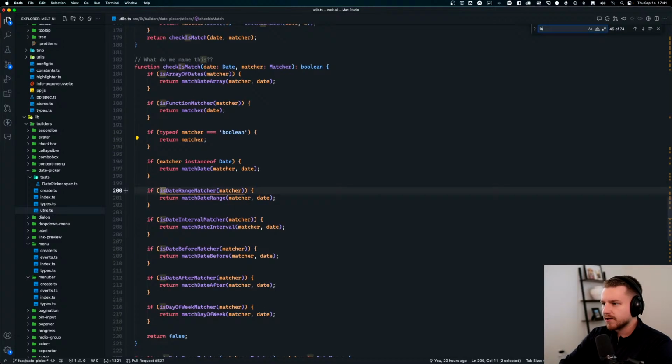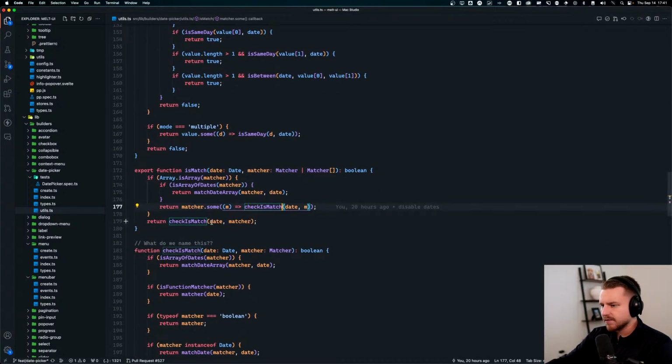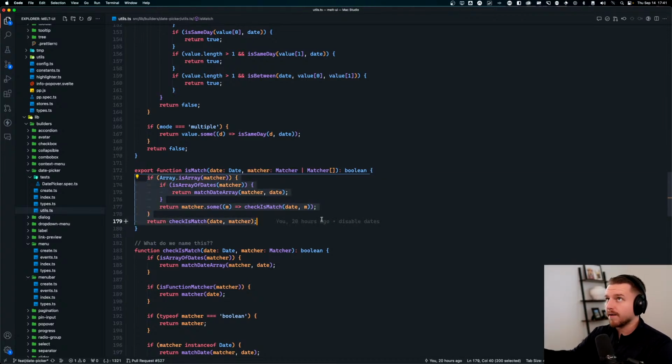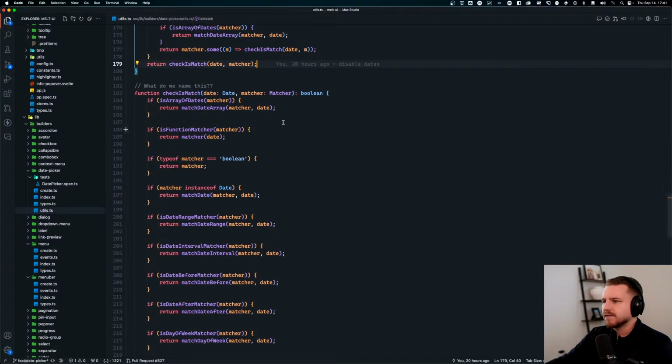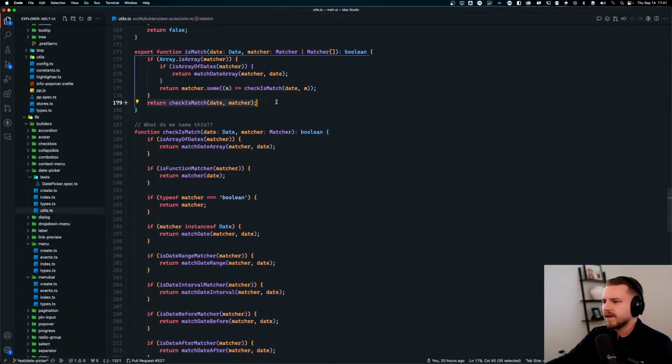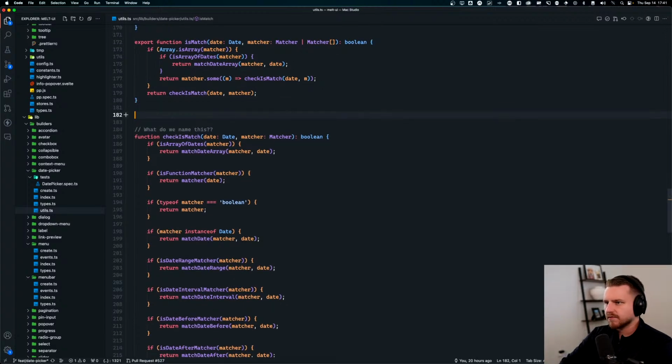Oh, it's isMatch. Okay, so we execute isMatch for each of the default value dates with the disabled prop that's passed in. And if it's true, then we set it to, I guess I should probably just handle this here so I don't clutter up the